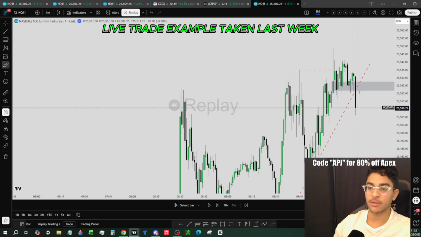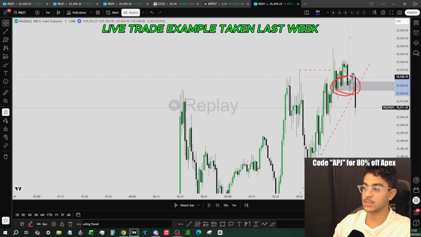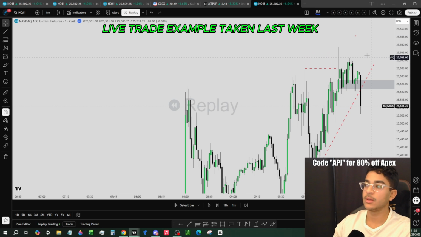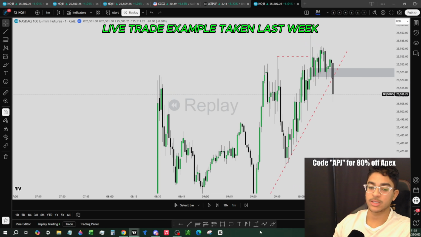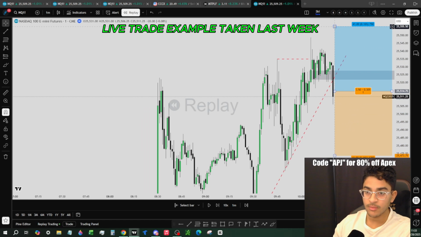You see here for 1, 2, 3, 4, 5, 6, 7, 8, 10, 12 minutes, we were respecting this 1 minute fair value gap, right? Price was continually bouncing right out of it before we eventually closed below. So that's my actionable entry to go short. I took this on a bit of a retracement. Stop on this, I believe,